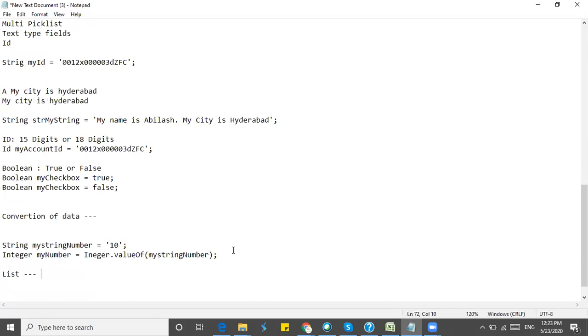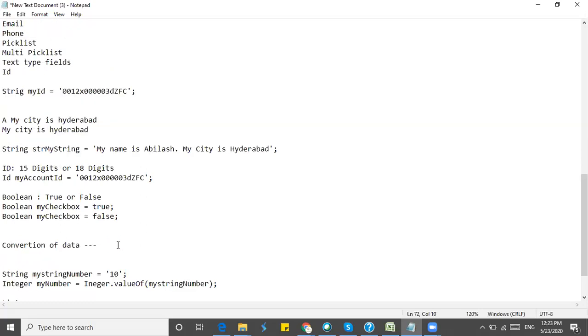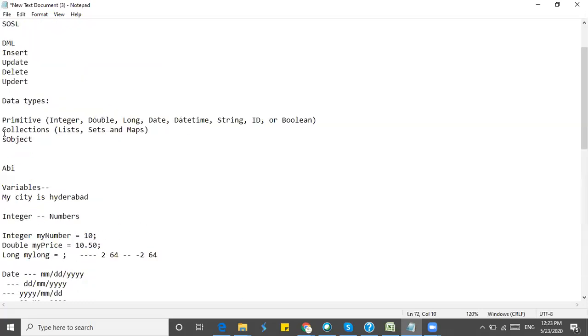So if you want to save, like, you have 10 names, like Abhilash, Anshul, Nagendra, Radhika, all these things are there, and you want to save them in one place, then you can save them in this collection type of data type. A large number of data can be saved in one place. We call them a collection. We can collect all of them and save them in this type of data.